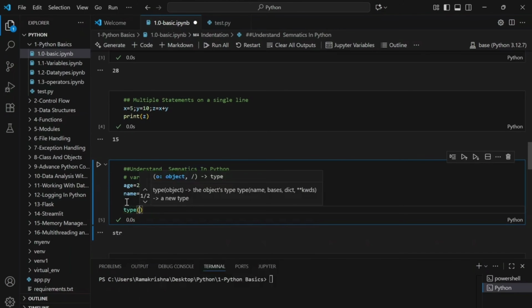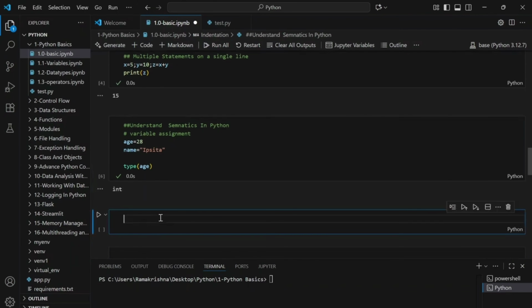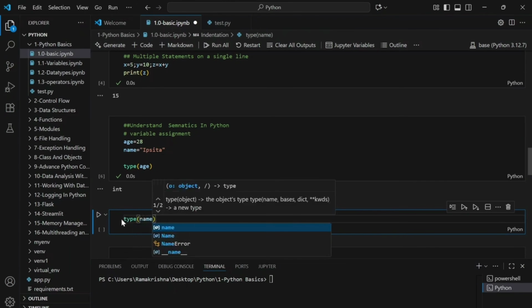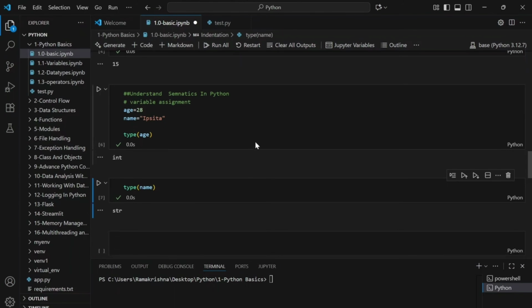I'm going to write type of age here. You see, age is an integer here. And then we'll also see what data type Python has assigned to the variable name. So age is an integer and name is a string, which is correct.